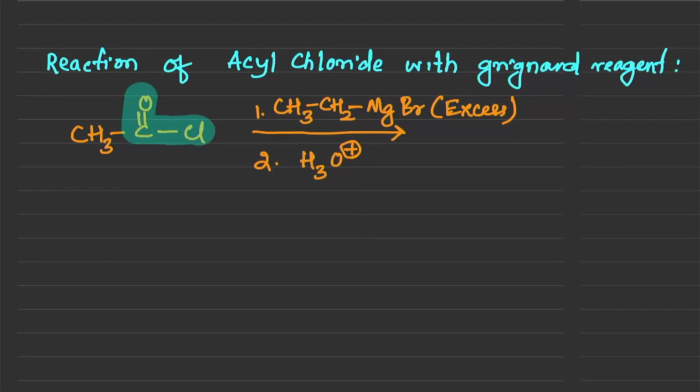Hello everybody. In this video we will talk about the reaction of acyl chloride with Grignard reagent. So acyl chloride is when you have the COCl. So that's our acyl chloride. So just like